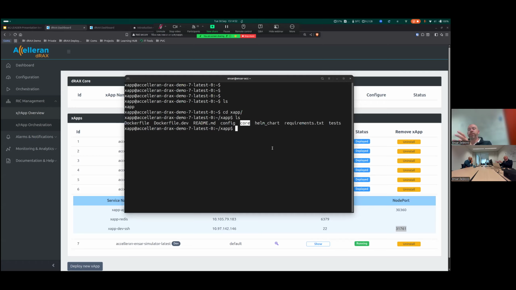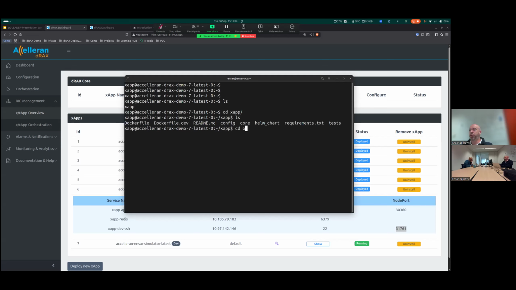As I said, this environment already has Python installed, our SDK installed, and all the other necessary prerequisites installed and configured, right? So all of these things have been configured. There's some configuration available in this config folder as well, in terms of the URLs and ports to some of the services that the RIC uses. But mostly you don't need to touch anything.